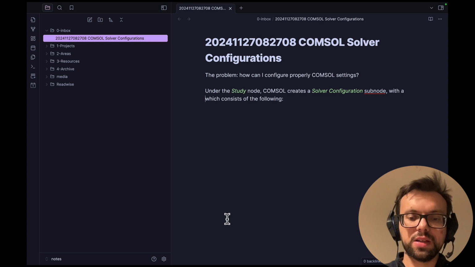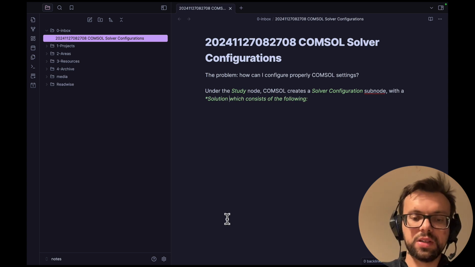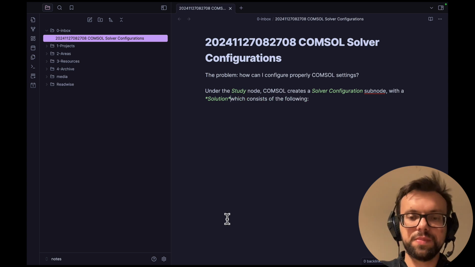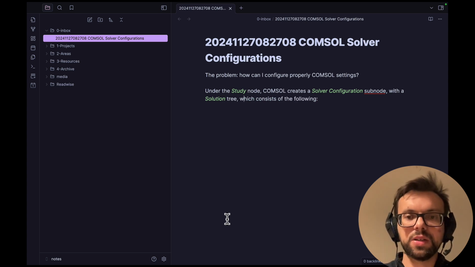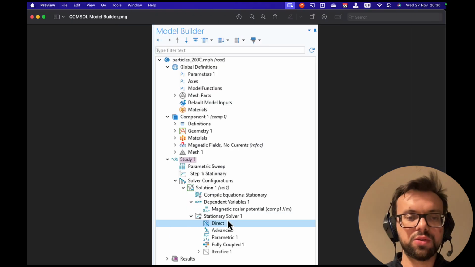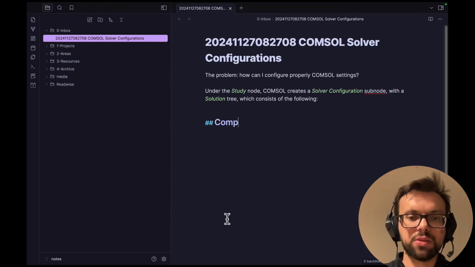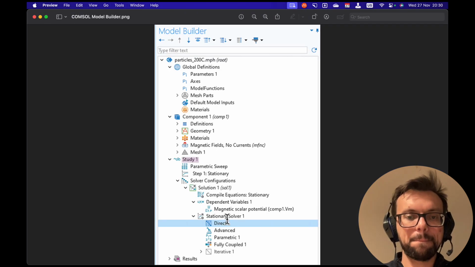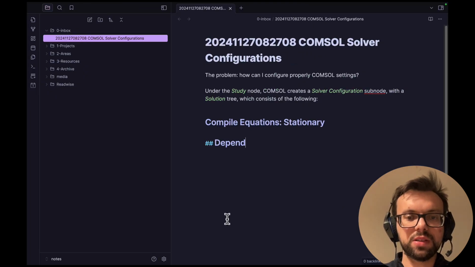With a solution tree, which consists of the following. So here I can create subsections of this node. So let's say compile equations, stationary, dependent variables,